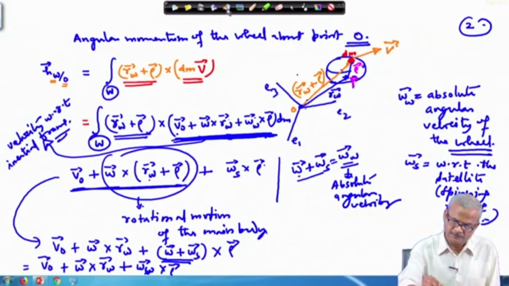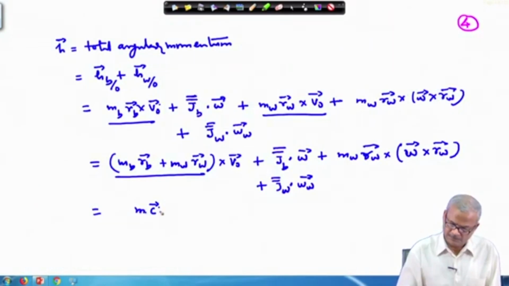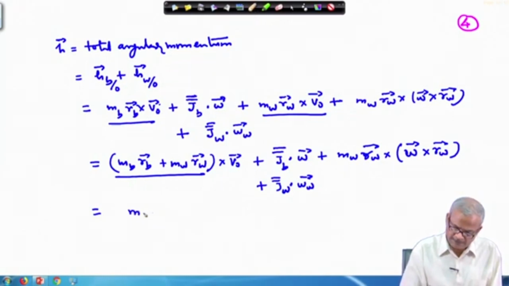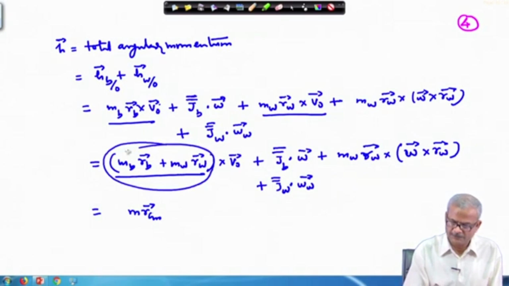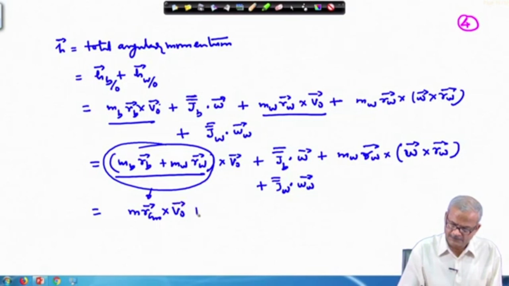So, this becomes m times R_CM. This gives you this quantity which is here cross V_0 plus